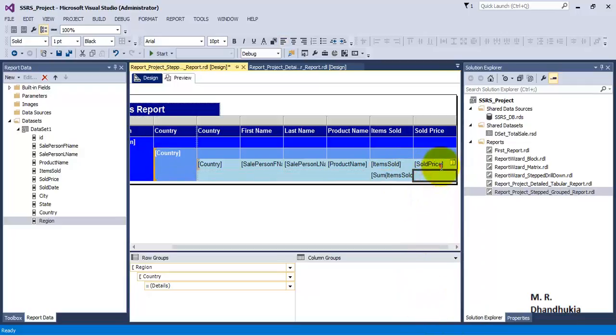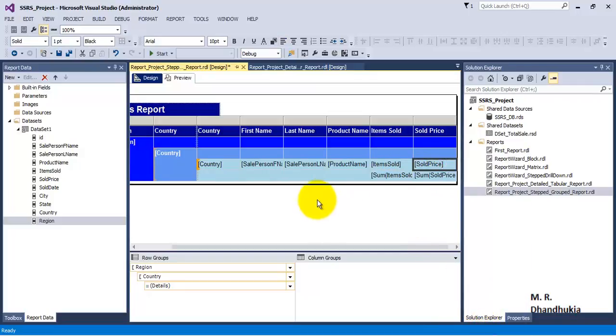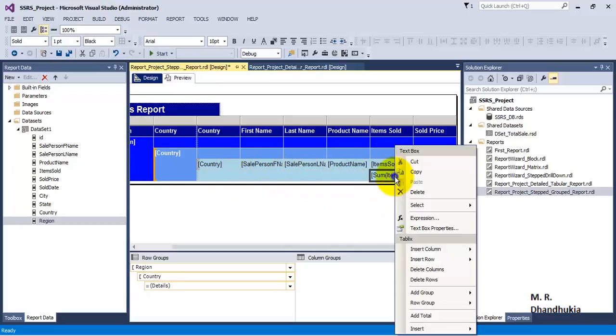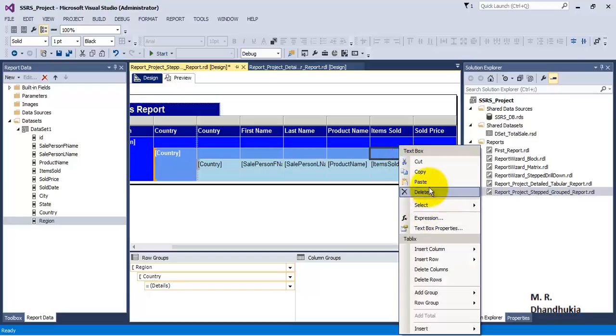This is the detailed section, remember that. So add total. Now this total is nothing but your country wise total. So just select this, cut, and put this over here, because it is a country wise total.